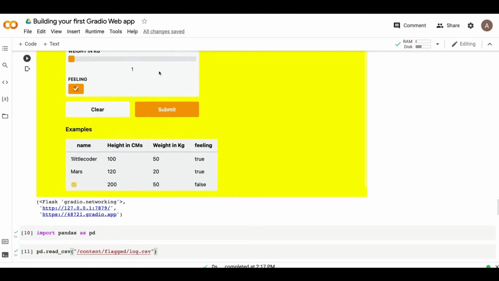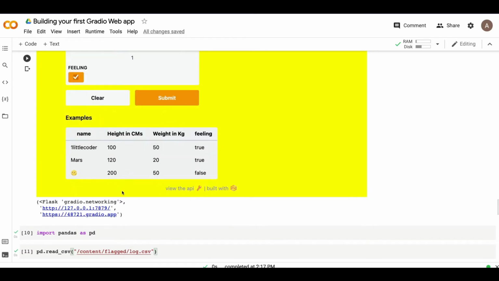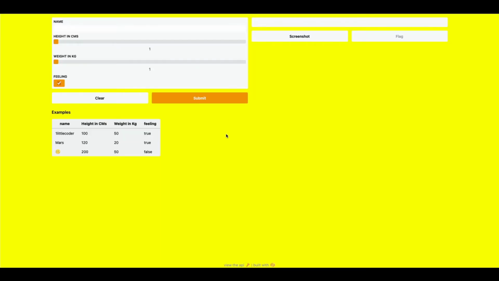So basically, when somebody clicks this link, let me show you this link. When somebody clicks this link, we don't want them to directly see this app. We don't want anybody in the world to see this app, but we want only specific people who have access to this application. So maybe let's say I have generated a username and password and given it to them. I want only them to use this application. So if you want to add an authentication page, what are we going to do?